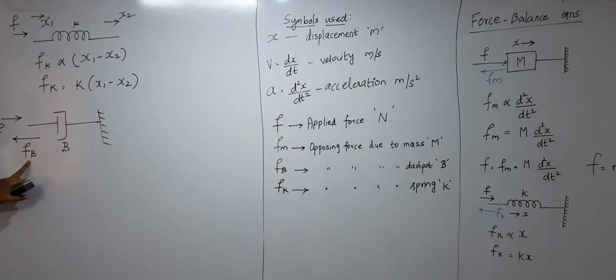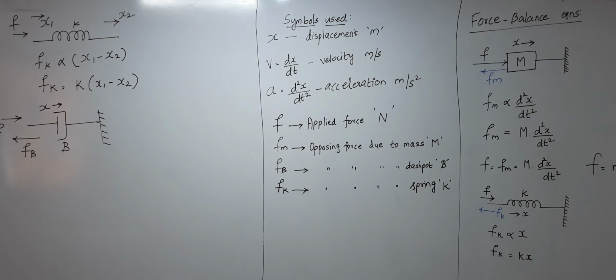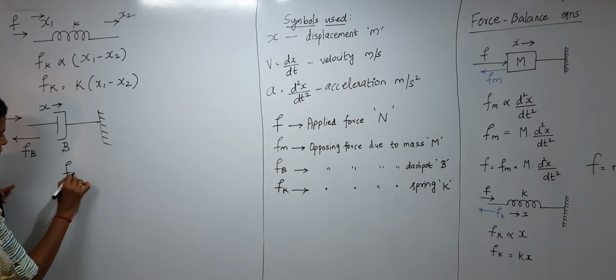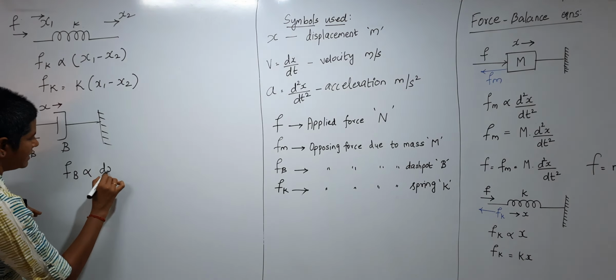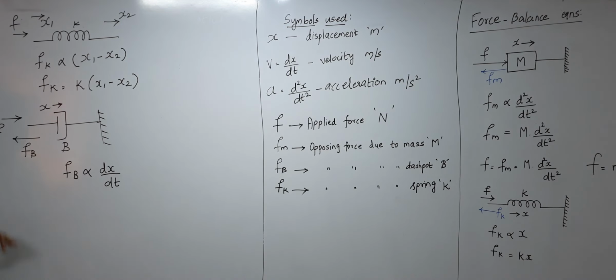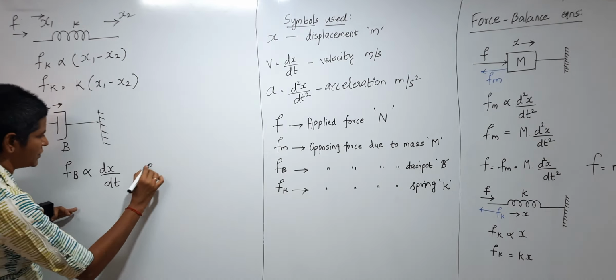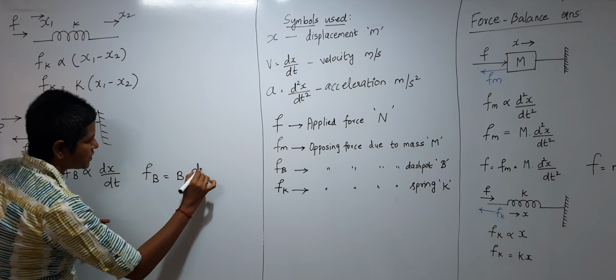We represent it as Fb, and the displacement is x. How can we represent the opposing force given by this dashpot? This Fb is directly proportional to the velocity, that is dx by dt. Again, when we include the proportionality constant, the expression reduces to Fb is equal to b times dx